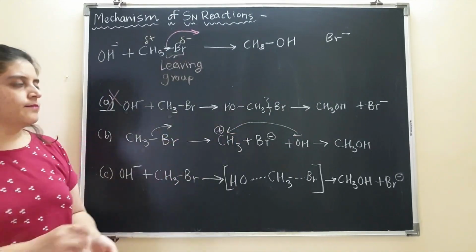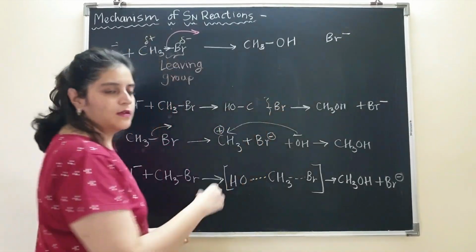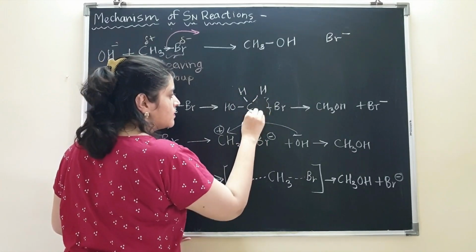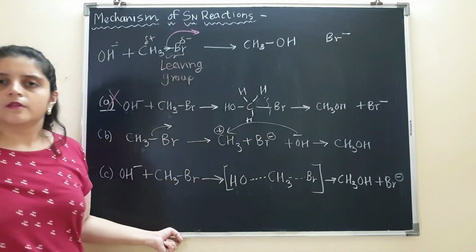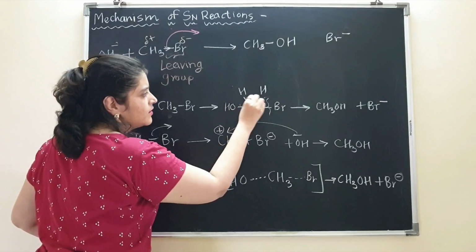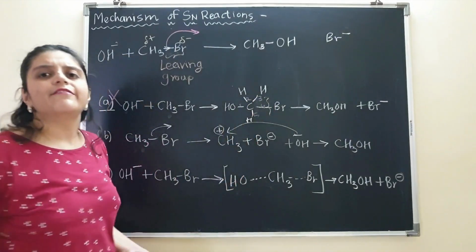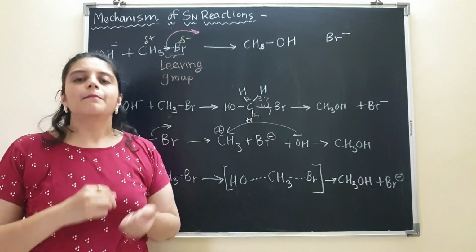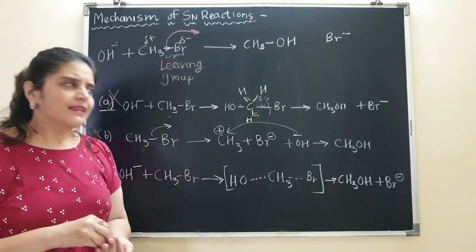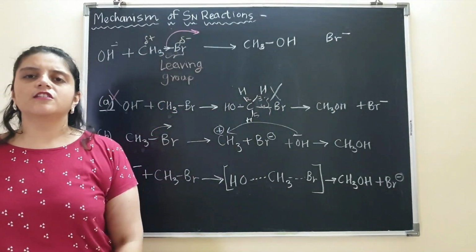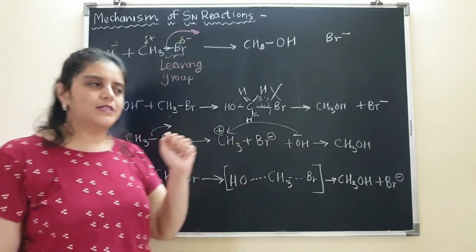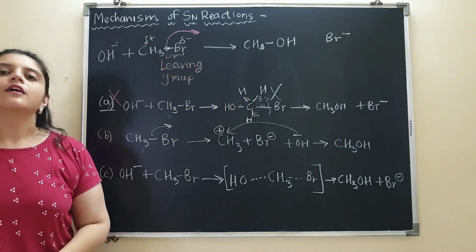Because if you look over here, let me expand this. Let me write this CH3 like this. Okay? I have expanded this structure. Now if you observe, there are 1, 2, 3, 4, 5 bonds around the carbon atom, but you all know that carbon is tetravalent. There has to be only 4 bonds around the carbon atom. That means this structure is absolutely wrong. So the reaction cannot proceed by this method. So here only we have rejected the first method.